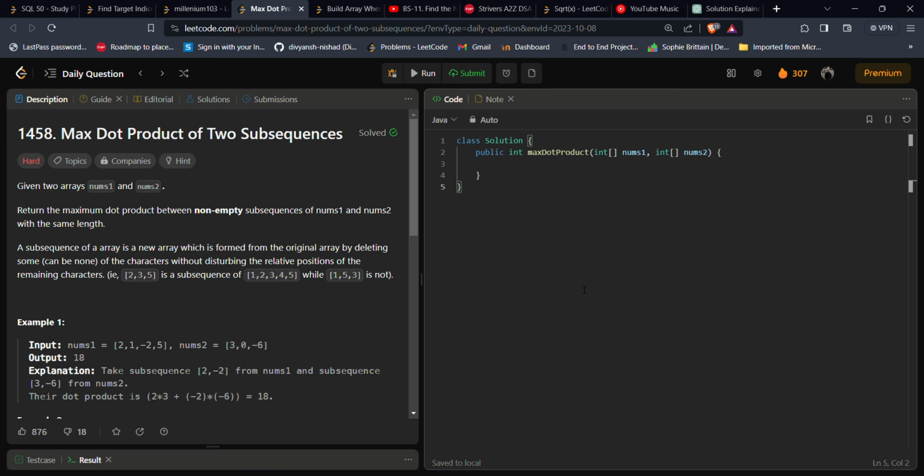Today we'll be going to solve the problem Max Dot Product of Two Subsequences. It is a Leetcode hard problem and the number for this is 1458. So in this question we are given two integer arrays nums1 and nums2, and we have to take